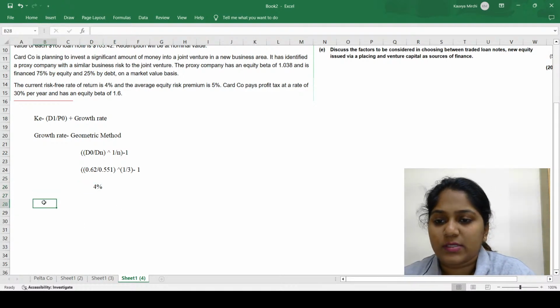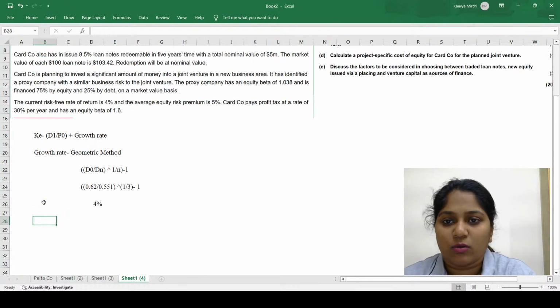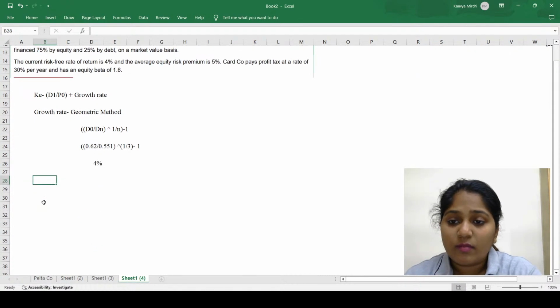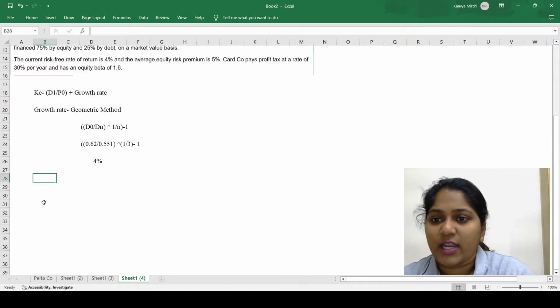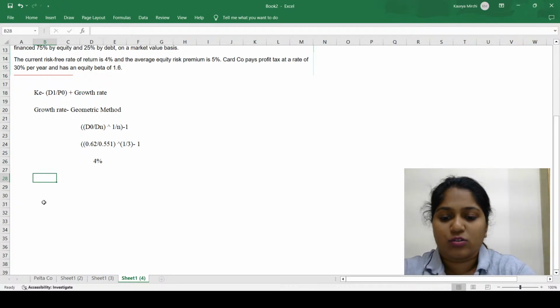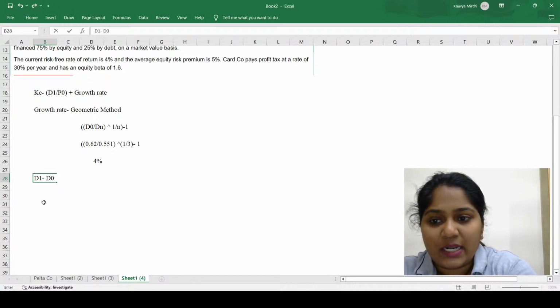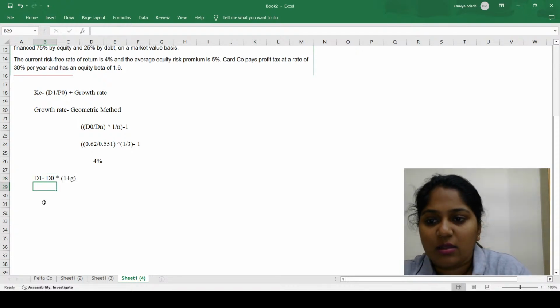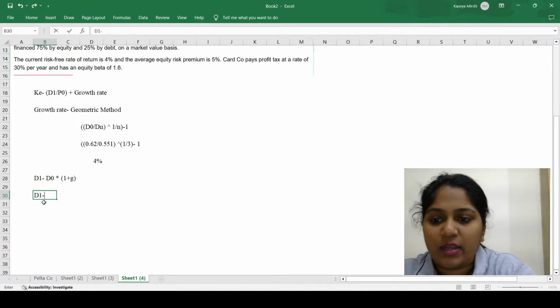Now after 4 percentage, what happens right now? We have to calculate. Now I know the growth rate, and I know D1, the dividend. D would be D0. So if you have to calculate D1, it will be D0 multiplied with 1 plus growth rate. Correct, people? Yeah. So how much would be D1? D1 is nothing but D0, which is